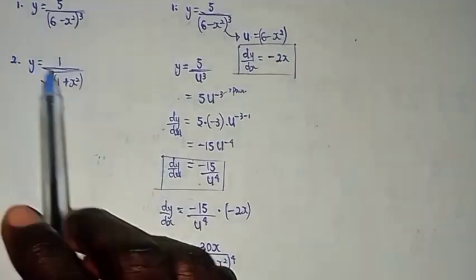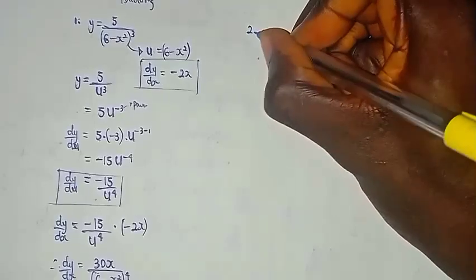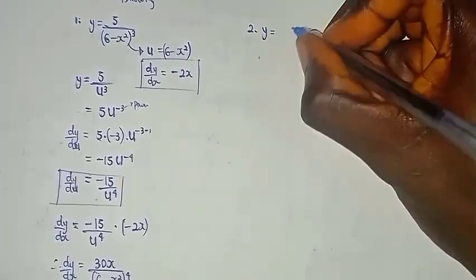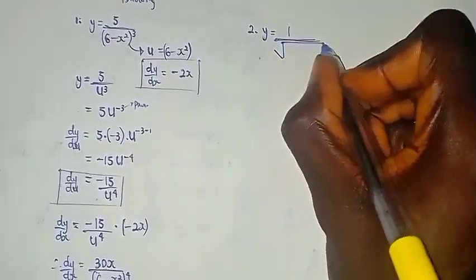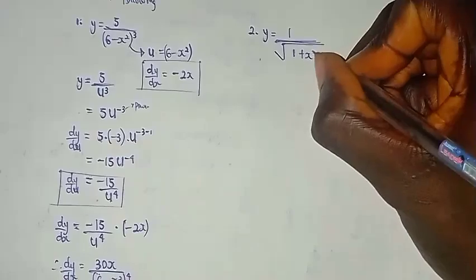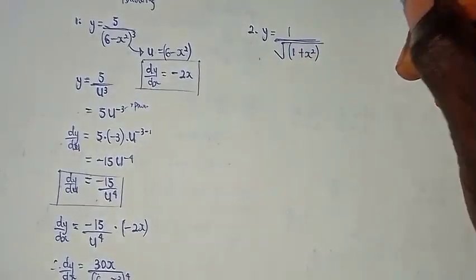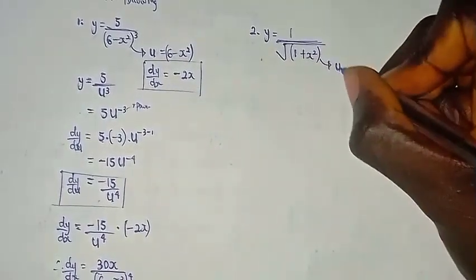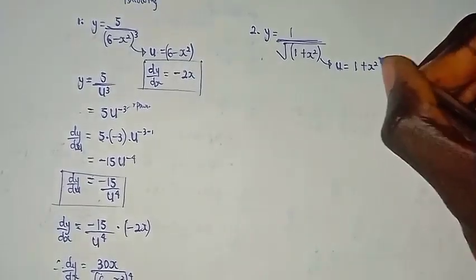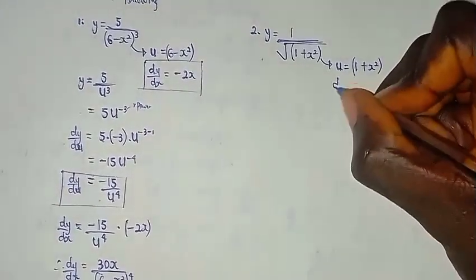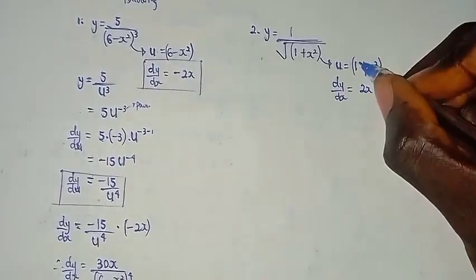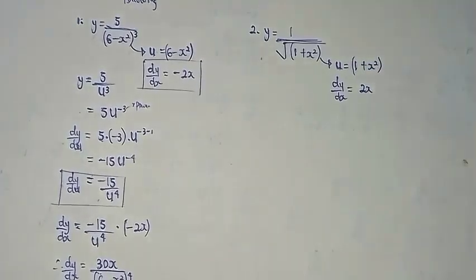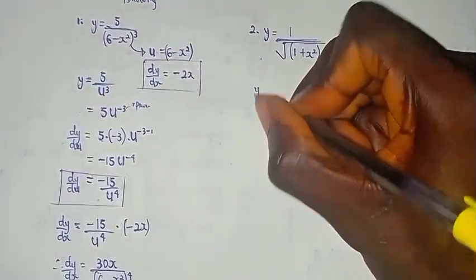Now let's look at the second question, which is y is equal to 1 all over the square root of 1 plus x squared. Now let our u be equal to 1 plus x squared, and then our du over dx becomes 2x. If we differentiate the constant, it becomes 0. That means our y